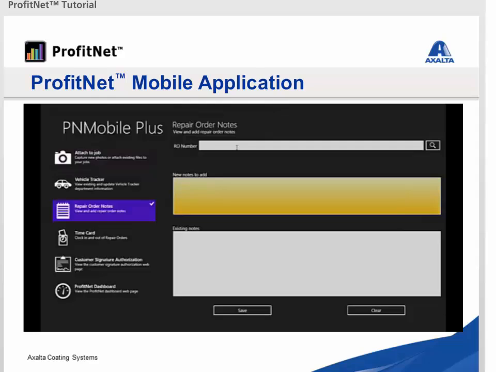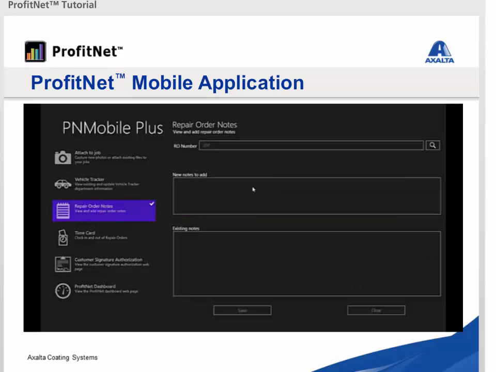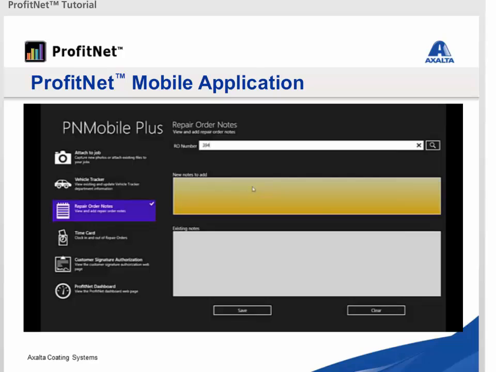ProfitNet Mobile Plus also features the Repair Order Notes tool to allow users to view and add notes to any RO. To begin, select the Repair Order Notes selection from the main menu. Next, input the desired RO number and enter your notes. For this example, we have completed the task of taking photos of the vehicle and will add this note to the RO. Once completed, we will click Save and the information is immediately sent to ProfitNet and our entry is